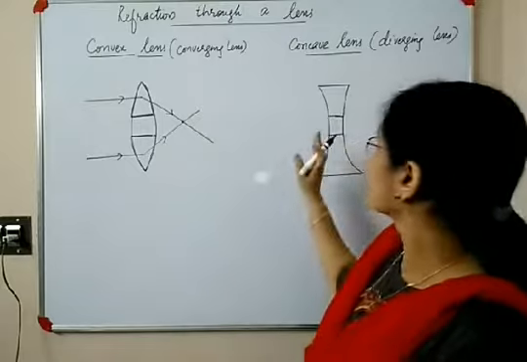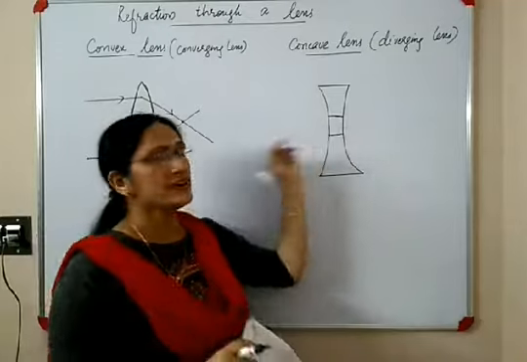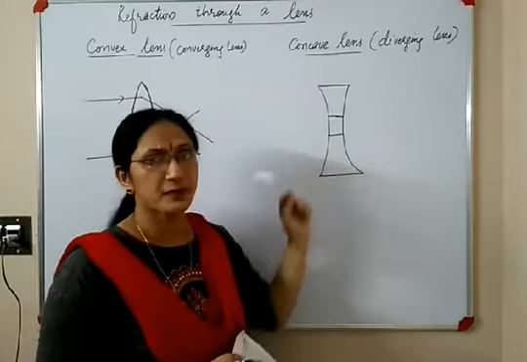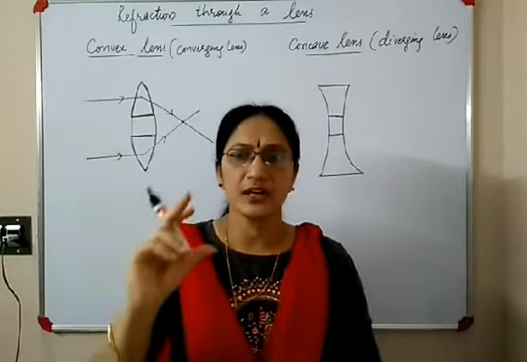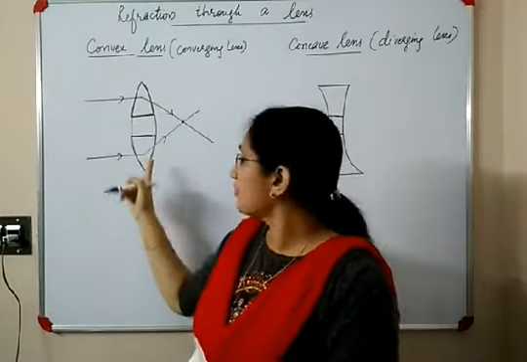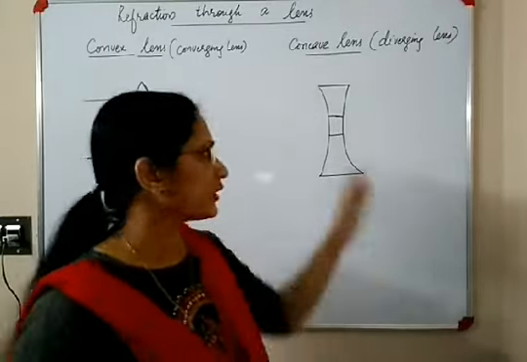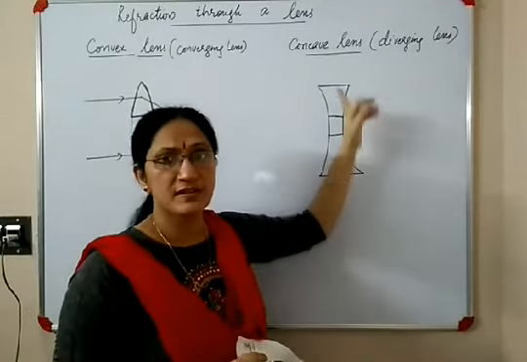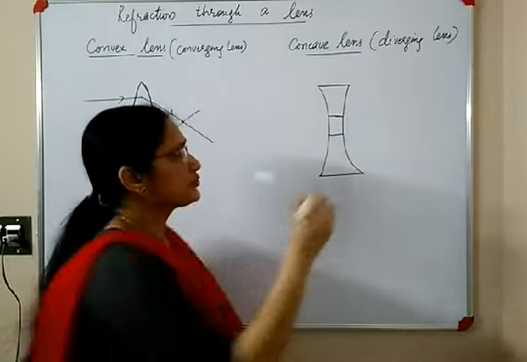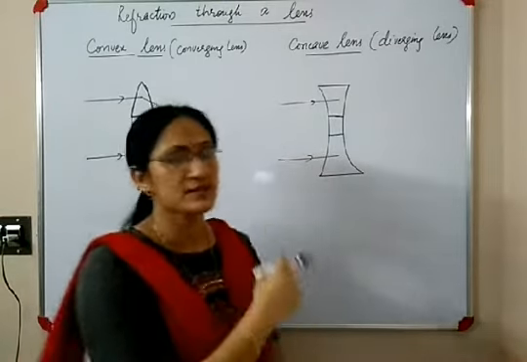Now, what about a concave lens? Why is it called a diverging lens? A concave lens is also made of a glass block in the middle and a number of prisms. In both the diagrams, I have shown only some sample prisms. Here one prism in the upper half, one in the lower half. Actually many overlapping prisms are there. Here also I have shown only one sample prism in the upper and lower half. And in the same way, I have shown two parallel rays passing through the concave lens.